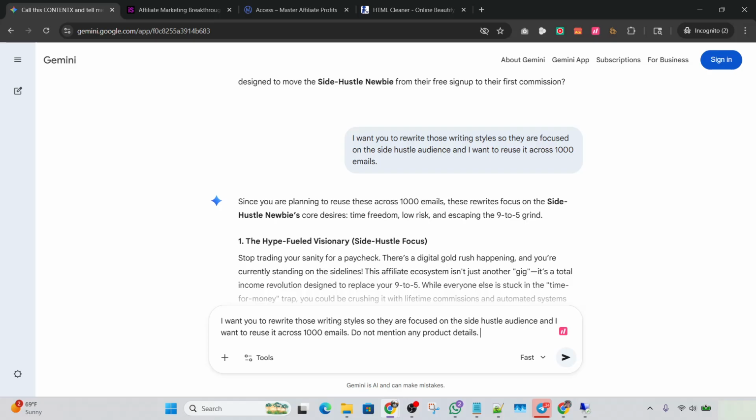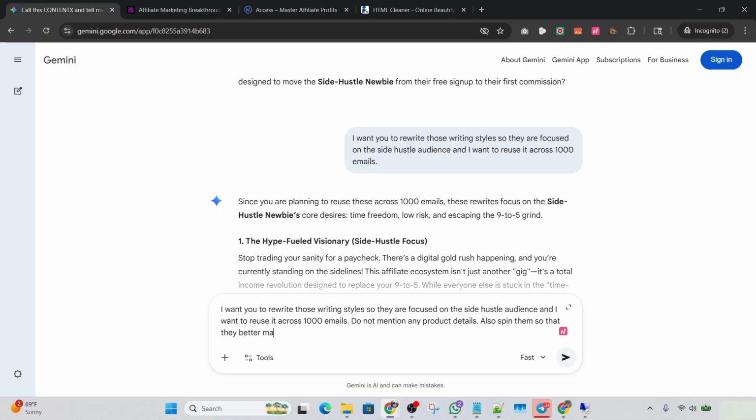And then I can also say spin them so that they better match my previous work experience. And you could put whatever, you could put life experiences, work experience. I'll just use this as an example as a financial consultant. You could put whatever you want.